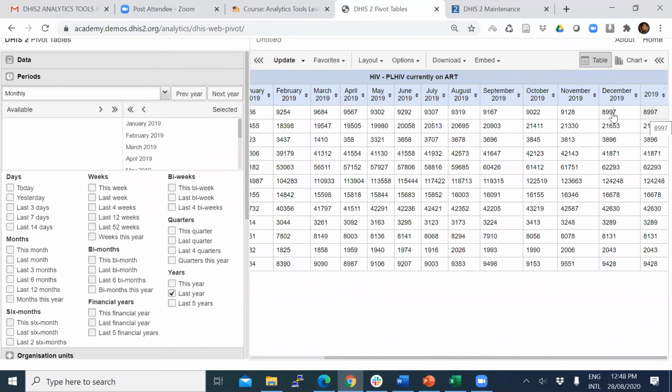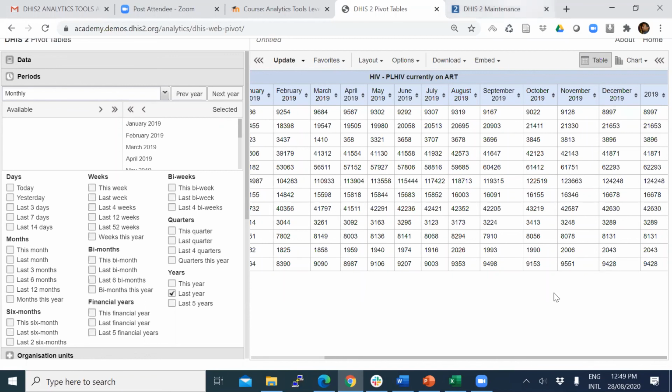Here again the December value is the 2019 value. So this is last value in pivot tables. Just to remind you, this is a temporary one. You are just overriding the aggregation type set in the data element, in pivot table.